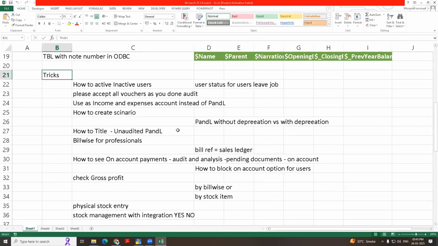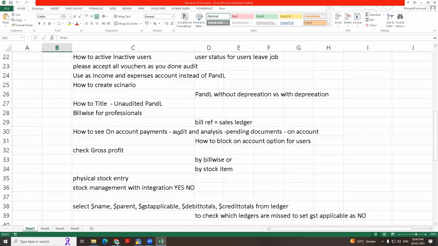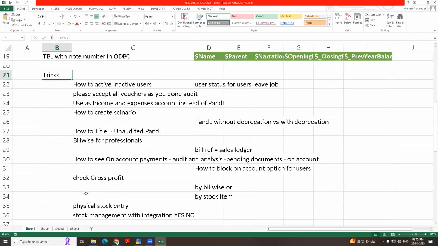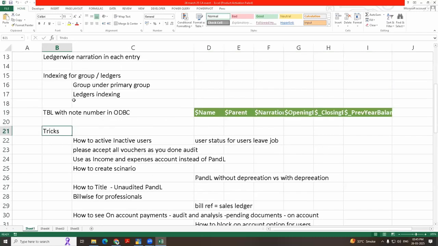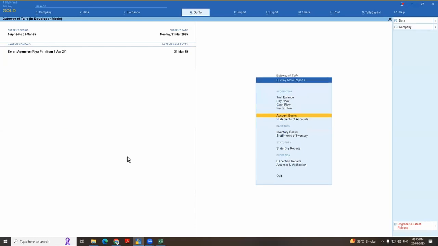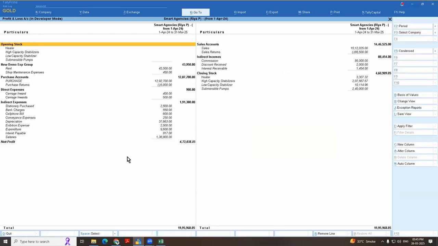In tricks, there are a few tricks I am taking, but one trick is required immediately. I am putting it here because we are taking that topic now. Which topic have we taken? Depreciation. Suppose I want to open a profit and loss account just for bank purposes,